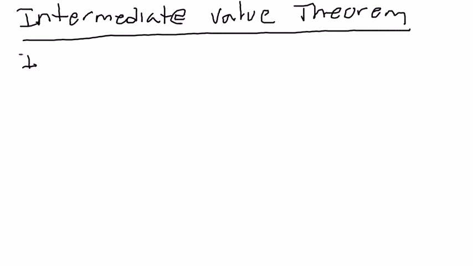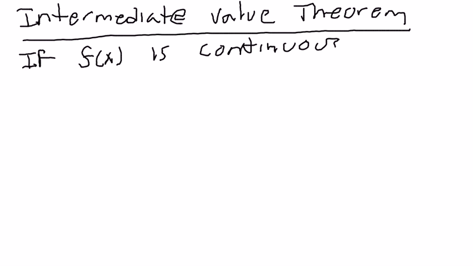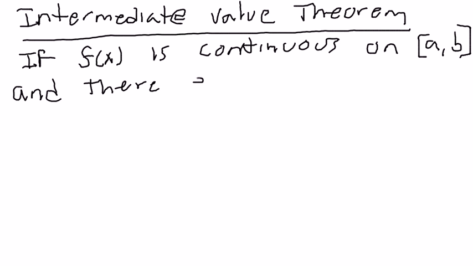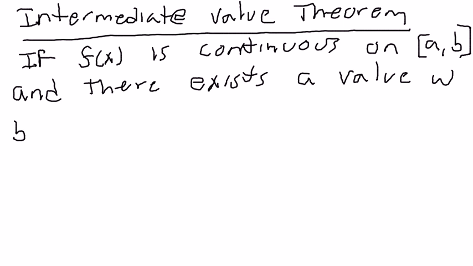It says that if f of x is continuous on an interval from a to b, and there exists a value, say w, that's what our book calls it, between f of a and f of b,